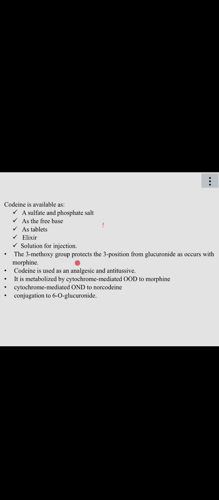The 3-methoxy group protects the 3 position from glucuronidation as occurs with morphine. So, of course, it will not undergo very fast first-pass metabolism because of that protection. But we have said that because of the 3-methoxy group, the compound has lower activity. It is used as an analgesic and antitussive. Of course, we are saying it is safer, and that's why you can get it